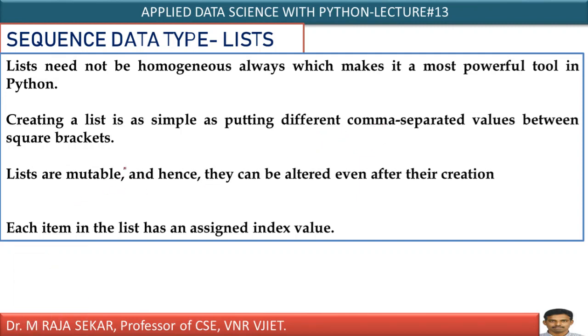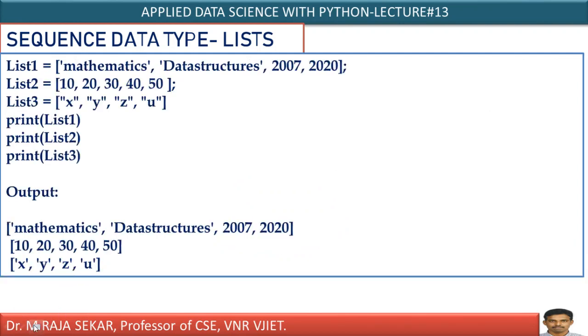All those items must be separated by commas. Yes, lists are mutable. If you compare this list with strings, strings are immutable. Once I create a string, I cannot change a character in a string. They are immutable by nature, whereas our lists are mutable. That is one basic difference between lists and strings. You must remember, strings are immutable, whereas lists are mutable, means you can change values. These are indexable. How can I use indices on lists? We will try to understand.